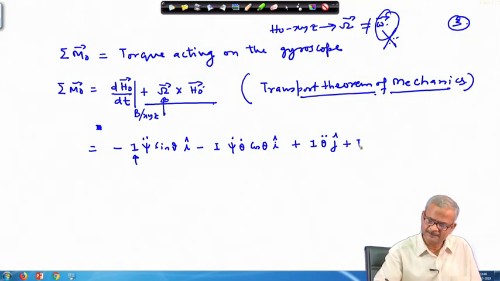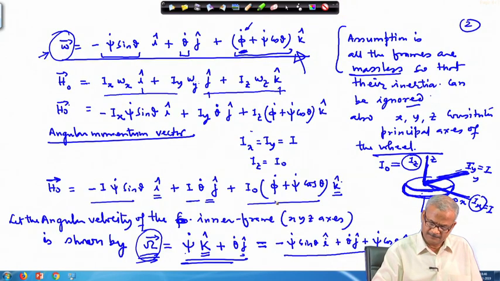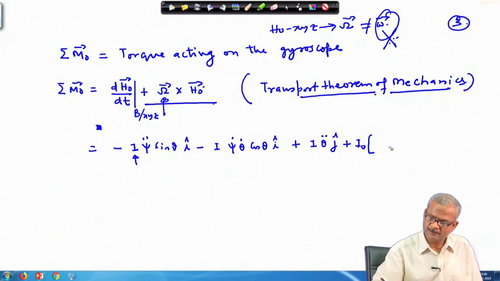And then the last term is there, which is I 0, and then this particular part. Okay, this we need to differentiate. So, phi dot will become phi double dot. So, we get here